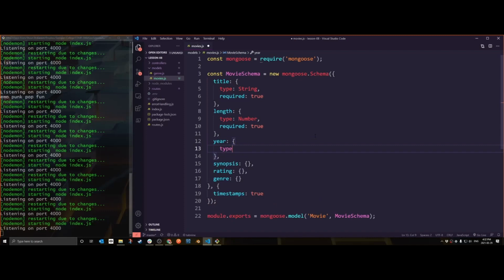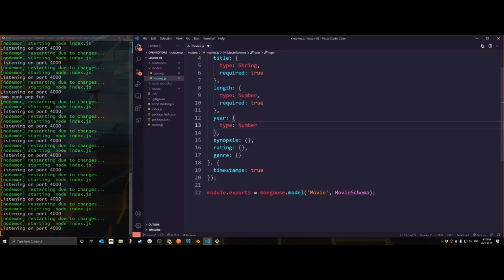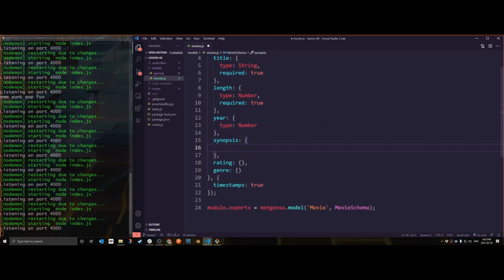Year. Let's do type and number. And we won't make it required. We'll just leave it as optional. Same with synopsis, just because when you're testing this stuff, you don't necessarily want to have to deal with massive typing out tons of data. However, we should,